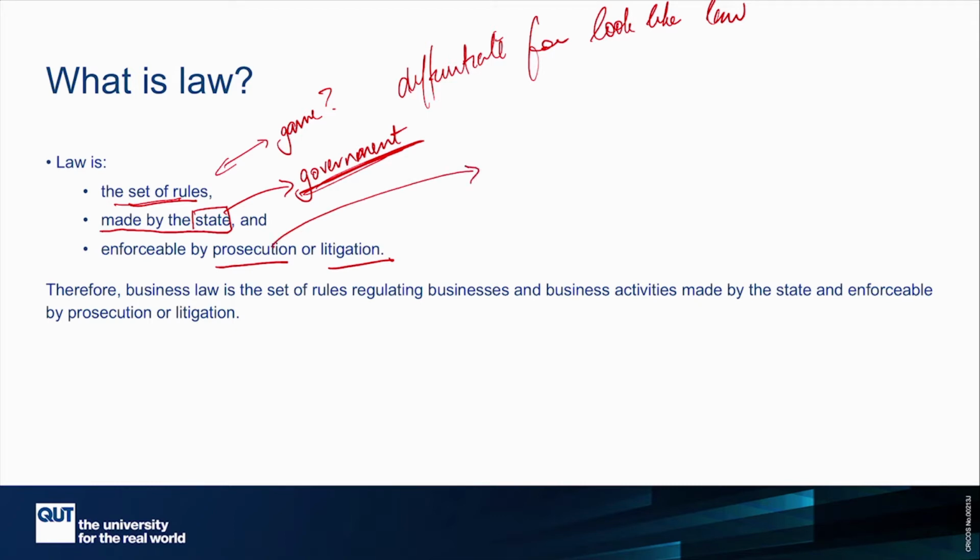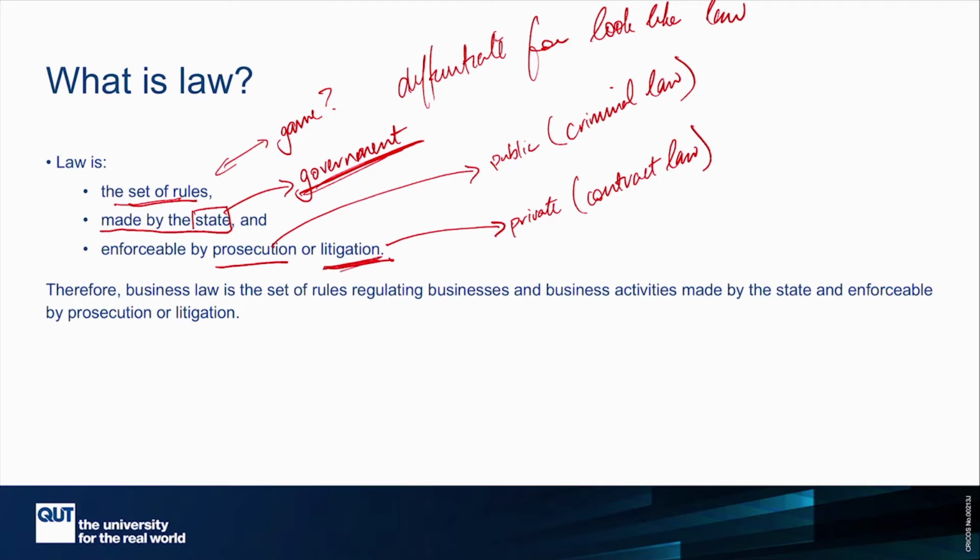So if it's public law, then you will be prosecuted. An example is criminal law. Because what happens in criminal law is the state prosecutes you. It's not another individual citizen. Contrast that with litigation, which is what happens when we breach private law. An example of that is contract law. So if you breach a contract, it's not the government who sues you, it's the other party.